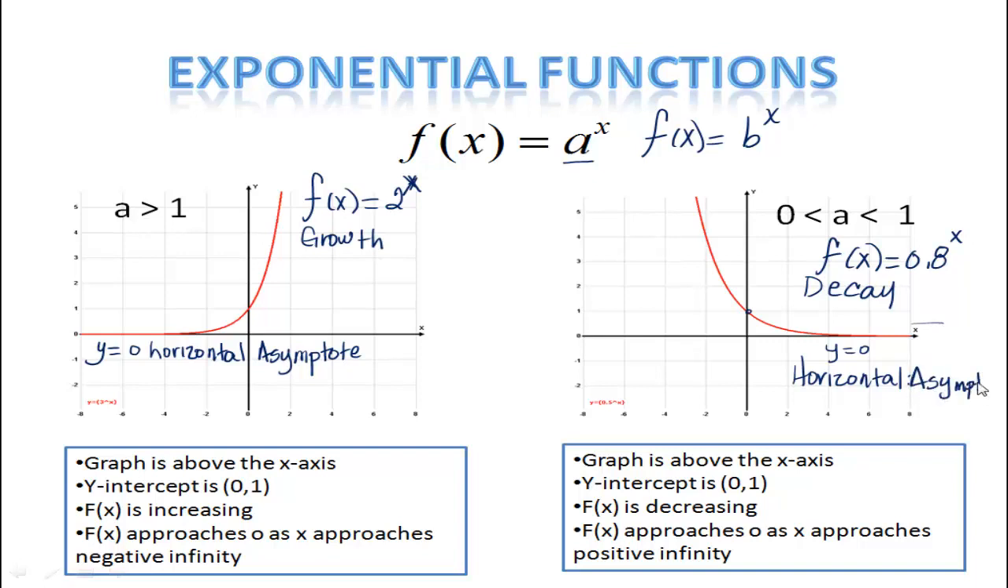Asymptote. Okay? So imagine an x, you have 0.8, and you raise 0.8 to the 100th power. And you can do this in your calculator. You will get a very, very small number. It's almost 0. That's why we say it approaches 0. So if I raise 0.8, let's say to the 100th power, I will get